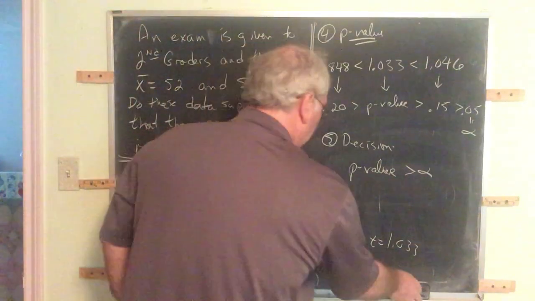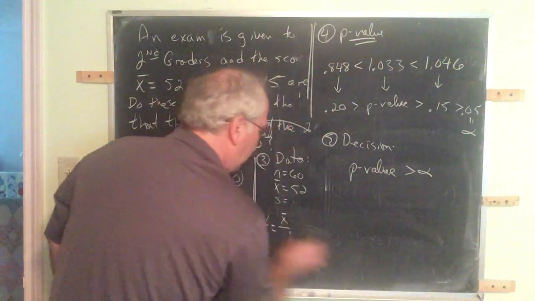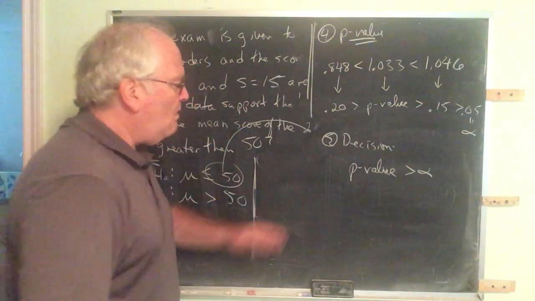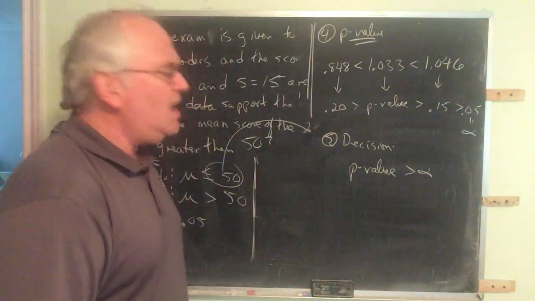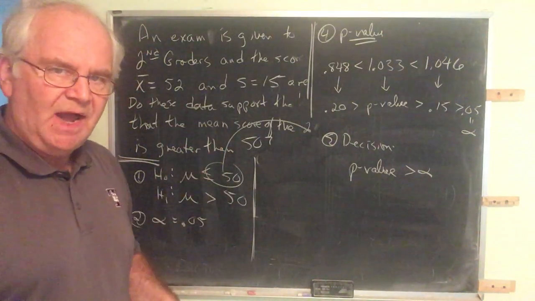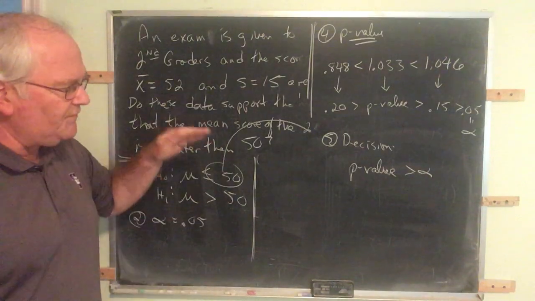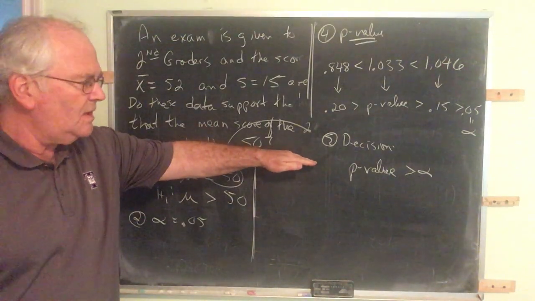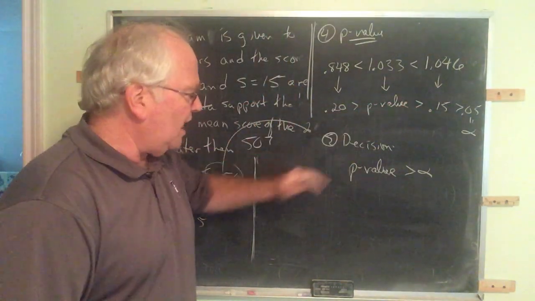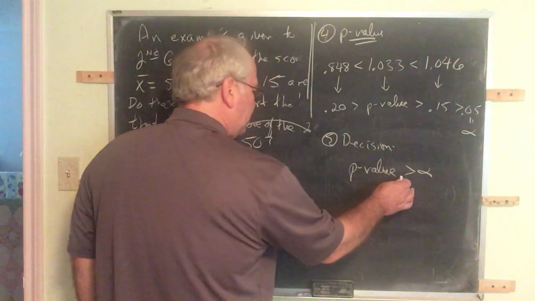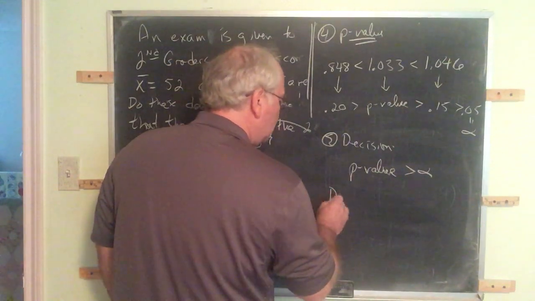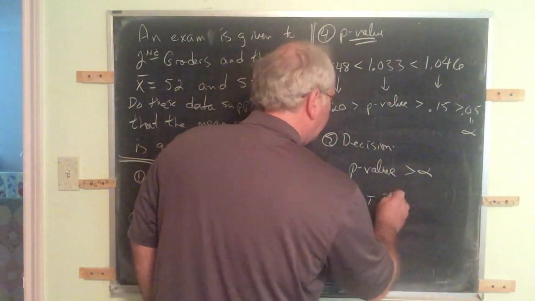And what is our decision rule? And if you can't smell a multiple choice question happening here, you're not sniffing very hard. What is our decision rule? Our rule is reject the null hypothesis if the p-value is less than alpha. That's why we don't need to know specifically just how these numbers compare. Reject the null hypothesis if the p-value is less than alpha. Our p-value is not less than alpha. So we do not reject